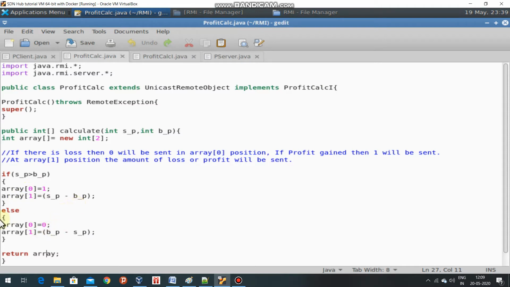Same thing, if a loss is incurred, then in position 0 of the array, 0 will be stored, and in position 1 the amount will be stored, and the entire array will be returned to the client.